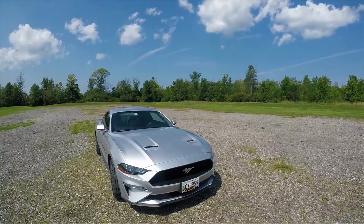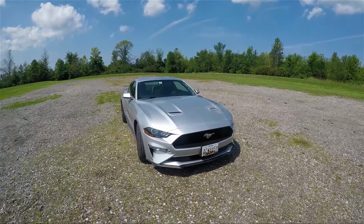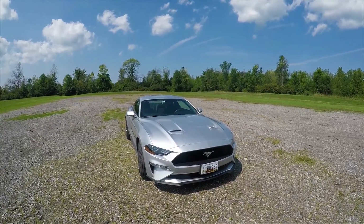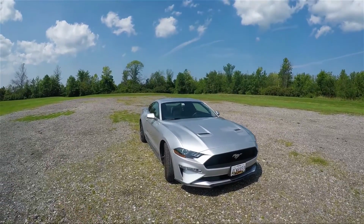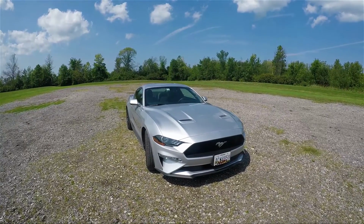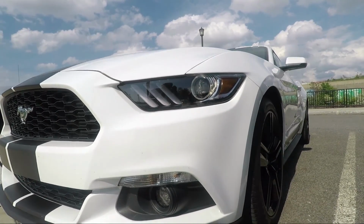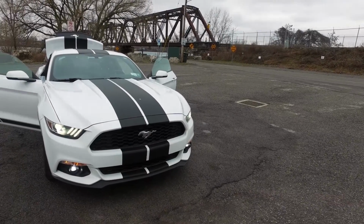Now, this might sound weird, but in reality, it's not. If you belong to any Facebook group or Mustang-related group or a car-related group, you will see that a lot of people tend to bash on 4-cylinder owners or V6 owners, especially Mustang GT owners, who tend to look down on EcoBoost and V6 owners. And most of the bullies actually don't even own a car,